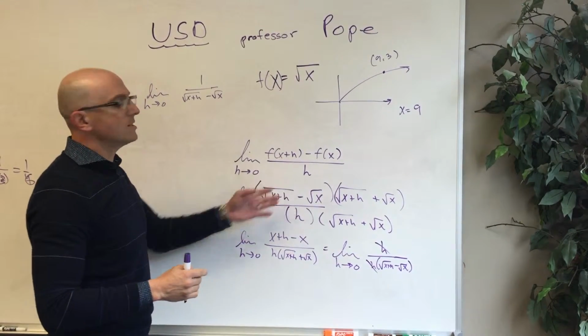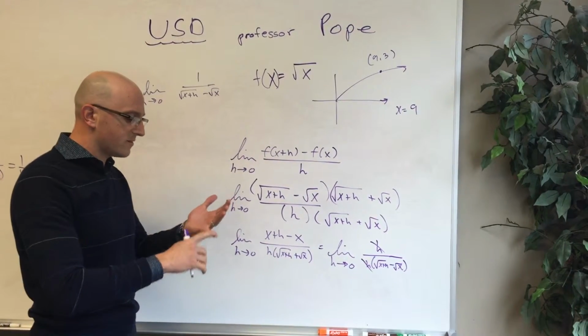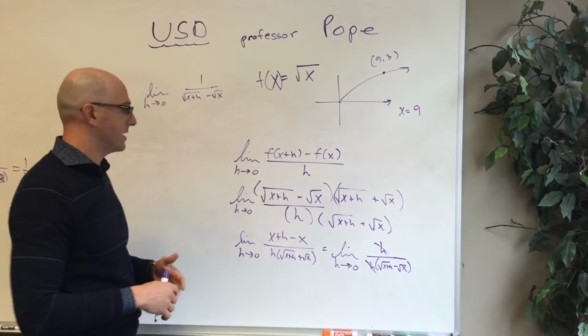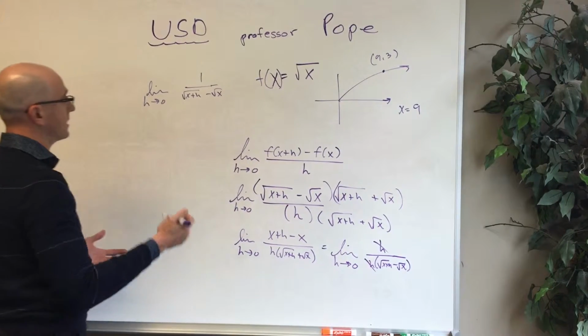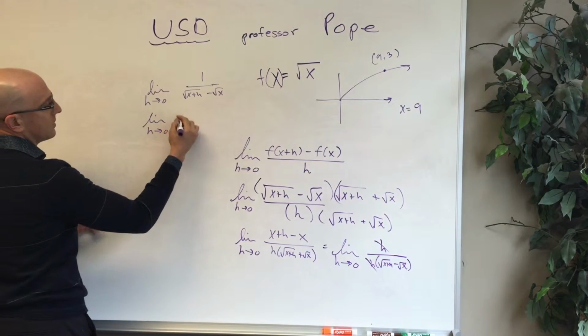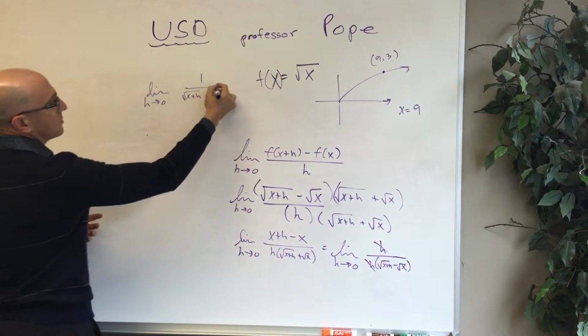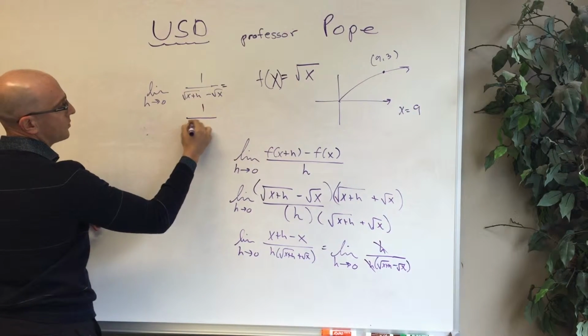Now, you might have said, well, why don't you just plug in 0 right now? Remember, if you plug in 0 in the original, you get division by 0. Division by 0 equals more work. Okay, more work comes in the form of either factoring, rationalizing, or simplifying. Here we're rationalizing. Okay, so here we go. Now we input 0, limit as h goes to 0. We'll go from there. So that's going to be 1 over root of